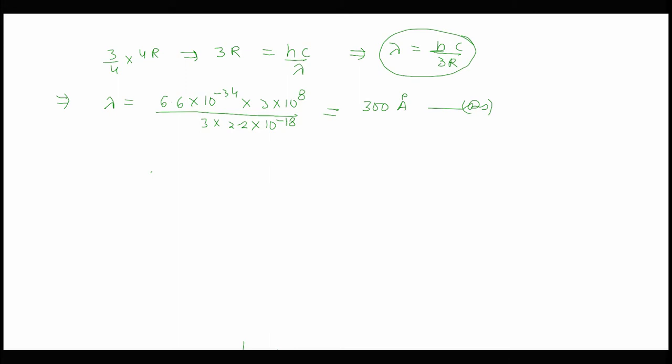Now in the second part, the question is asking us to calculate the radius of the nth Bohr orbit. So the radius of the nth Bohr orbit is equal to r0 by Z, where we can write r0 as 5 into 10 to the power minus 11 upon Z. So the value of Z is previously calculated as 2. So I can put the value of 2 and obtain 2.5 into 10 to the power minus 11 meter. So this becomes the answer for the second part. So let us move to the next problem.